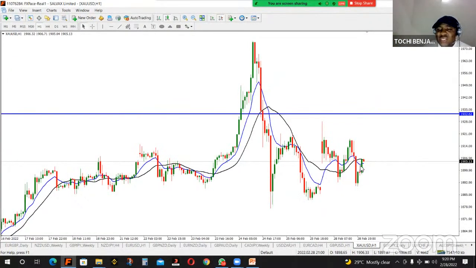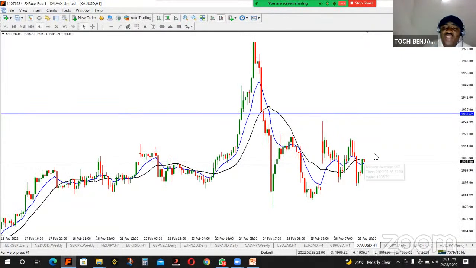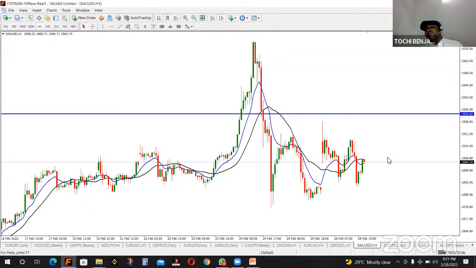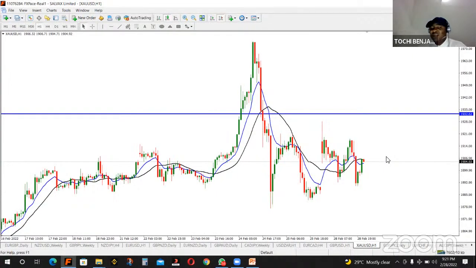What you do is that once you see the smaller period moving average cross above the higher period moving average, please engage your buy for that market. Why? Because the higher time frame is buying. So the lower time frame that is selling is just doing a pullback. Don't worry, by the time we go to mentorship, we'll be taking you through multi-time frame trading analysis.